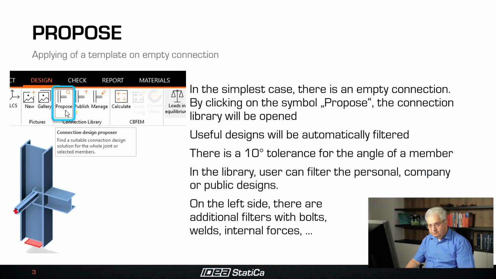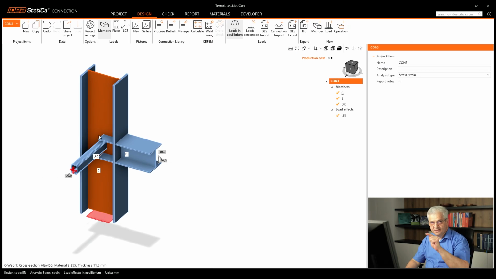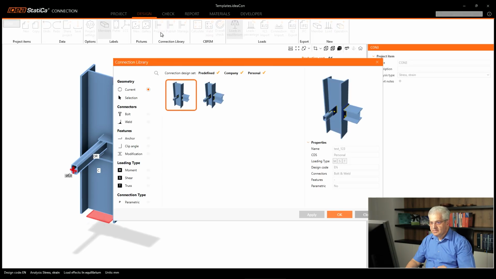So how to apply a design of a library connection to your empty connection? Simply go to propose. It's very easy. Then you get a selection of connections which fits to your members. There are some limitations. For example, it has to fit to the cross-section type, and the angles are limited to 10 degrees.